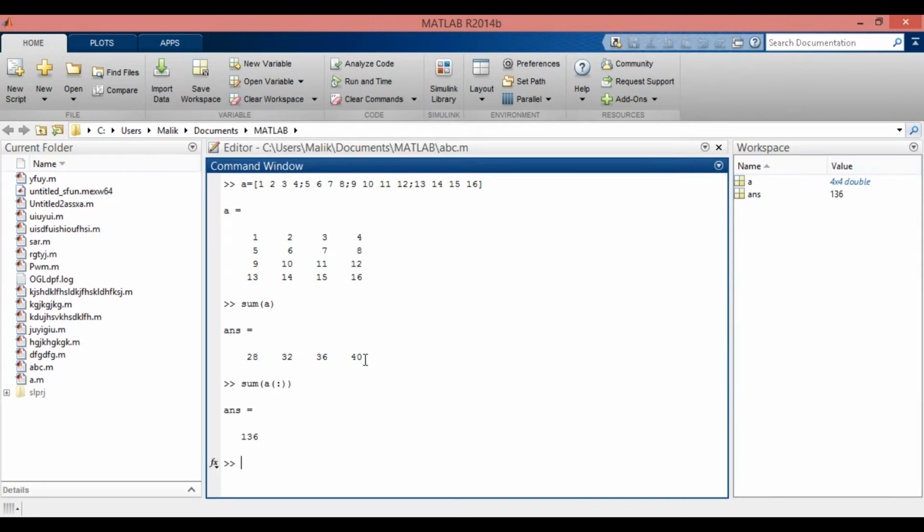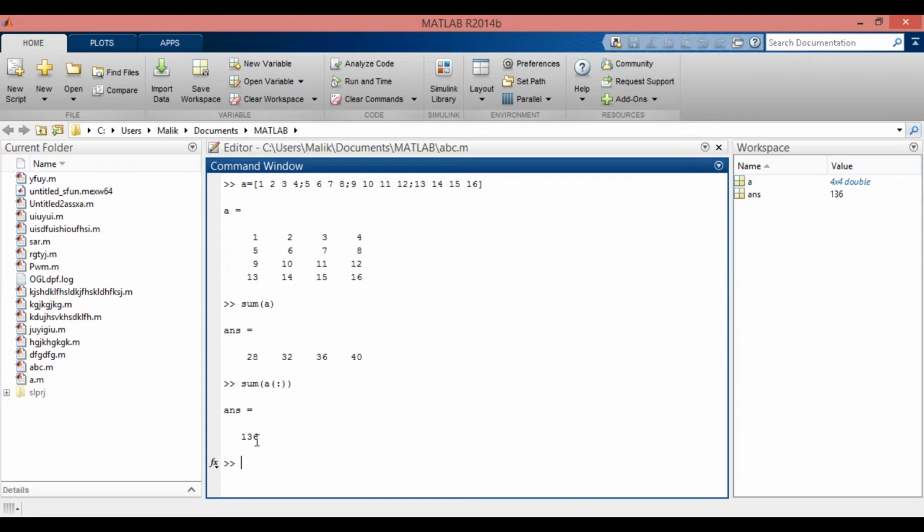This command will add up all the entries of a matrix. So 28 plus 32 plus 36 plus 40 equals 136. We can directly use this command rather than using sum A. If we write just sum, small brackets A, again small brackets, and in between small brackets a colon, then it will directly produce the result as 136.